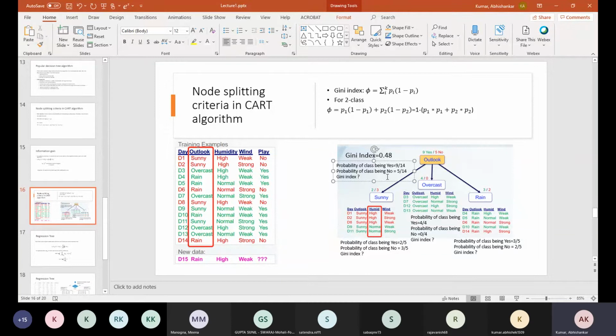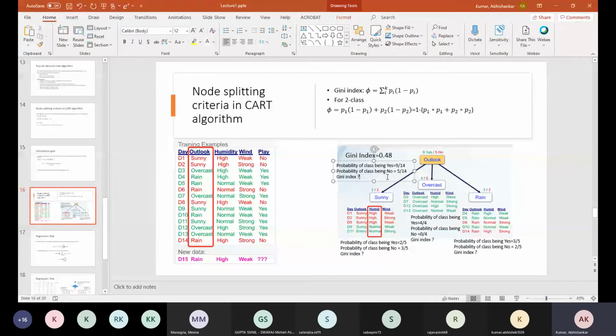Can anyone verify this and tell me if it is correct? All have to respond and get some marks. It is not only Abhishek who will get them. Sir, for Outlook, it is 0.4679. For Outlook, you are saying 0.4679. So today this is going to be an interactive class. If you understand this, you will understand the whole logic. If you don't understand, then you don't understand what the tools are doing. If you understand exactly what's happening here, you will understand the whole thing.